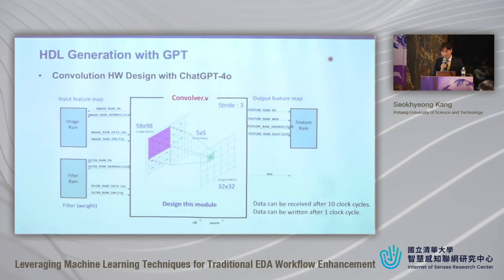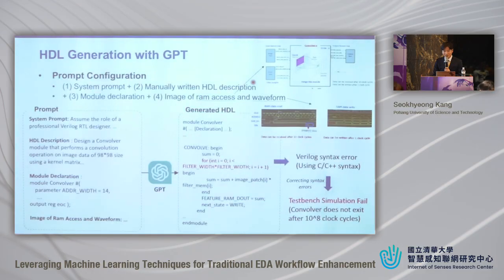This slide came from my VLSI design class. It's the TOM project, for designing a convolution block. It is a very simple convolution block, but there is the interface with the SRAM. It is not difficult, but we tried to make the solution with ChatGPT. So we provided a system prompt, the manually written HDL description and module description, and some images from the lab